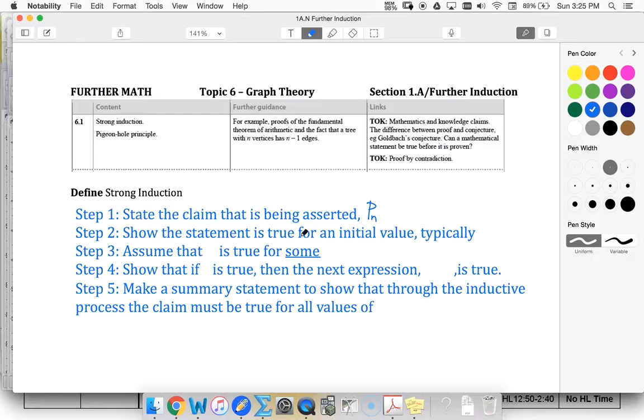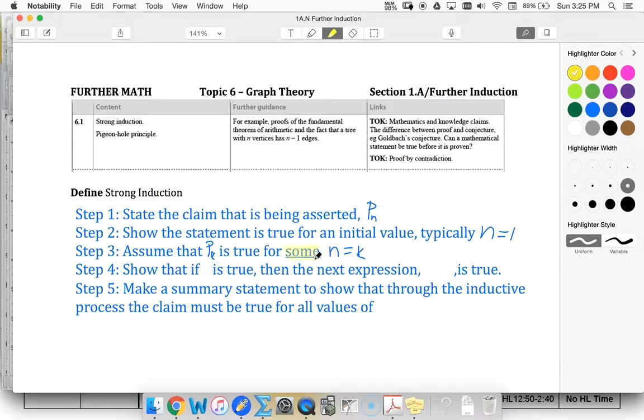And then show that it's true for an initial value. Typically it's n equals 1, but it depends on how your problem statement is set up. Okay, so we then assume that P sub k is true for some n equal to k. And here's the key part that is the difference between mathematical induction, also known sometimes as weak induction, and strong